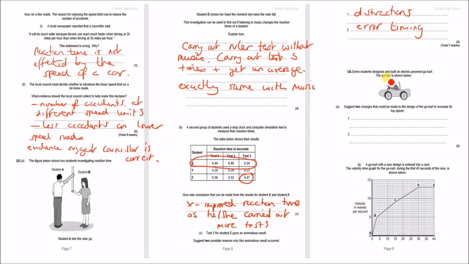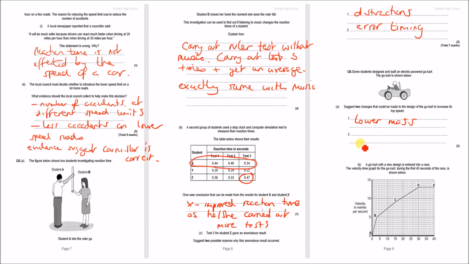Right, some students designed and built an electric-powered go-kart. The go-kart is shown below. Suggest 2 changes that could be made to the design of the go-kart to increase its speed. Okay, so what you could do is you could have a lower mass. So instead of having a mass of 100 kilograms, it could have a mass of 70 kilograms, and that would